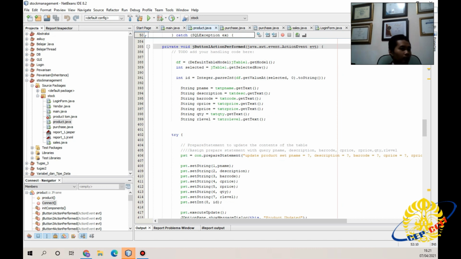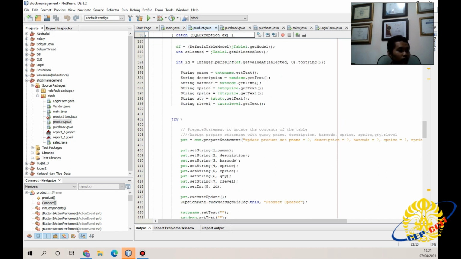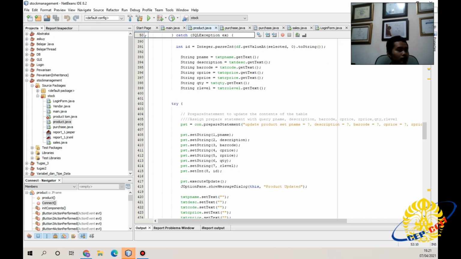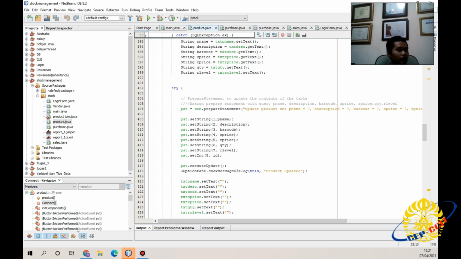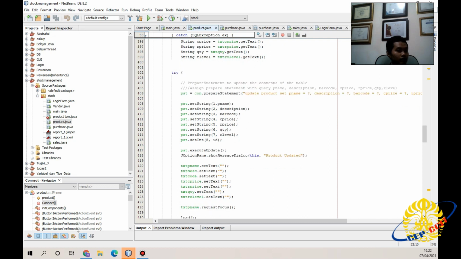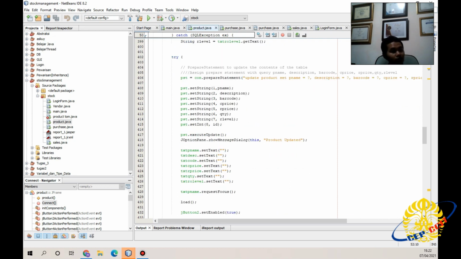Okay, the jButton1 actionPerformed. Integer id equals Integer.parseInt of df.getValueAt selected row 0 toString. String pname equals txtpname.getText, string description equals txtdes.getText, string barcode equals txtcode.getText, string cprice equals txtcprice.getText, string rprice equals txtrprice.getText, string quantity equals txtquantity.getText, string rlevel equals txtrolllevel.getText. Okay, try catch statement, and then